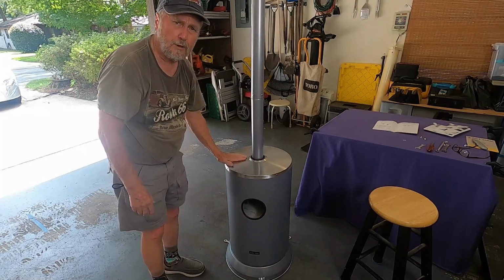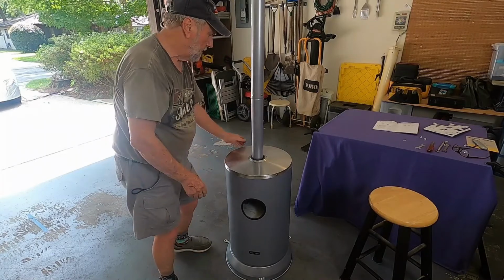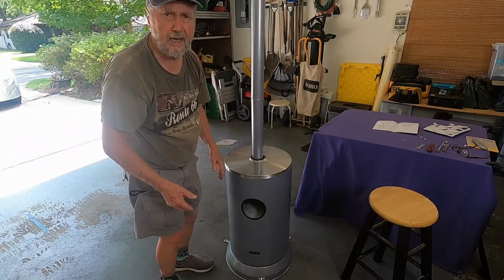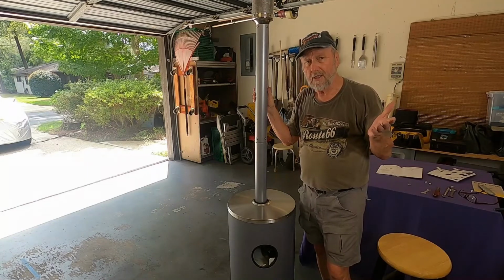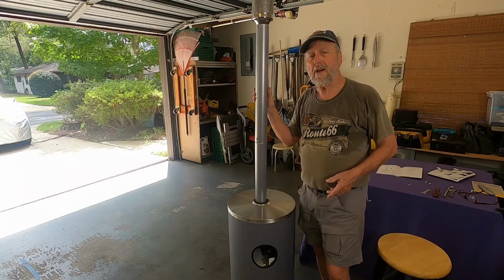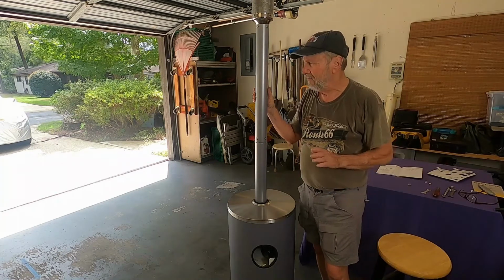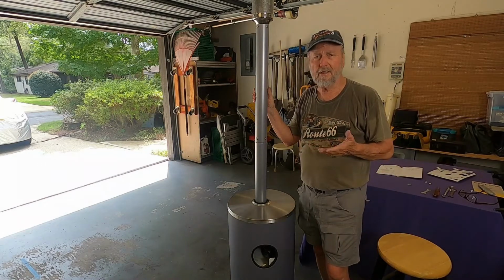You don't have to pull this up in order to turn the gas on or off. There's a hole on both sides. You would never want to light this inside of a garage. That's where I assembled it. I'm going to take it out into the driveway at a safe place, and we're going to test the lighting